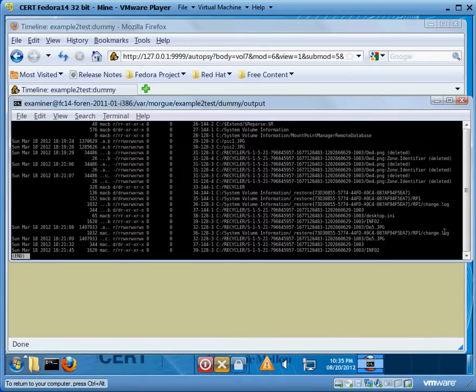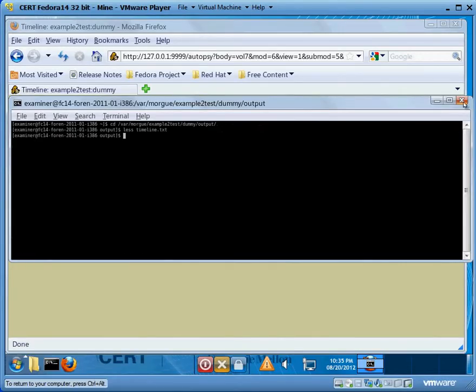So again, this is just a timeline of things that happened on the drive. You can use this to see files created, files deleted, files moved to the recycle bin. Once we know that we have some pictures on this drive and we have some recycle bin activity, we can now use the same techniques we used in the first example to maybe recover some of this data. So let's get out of this,